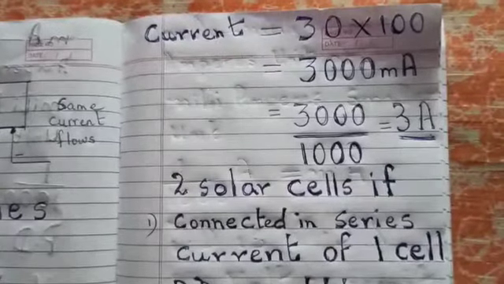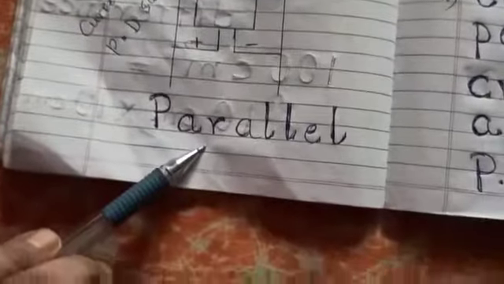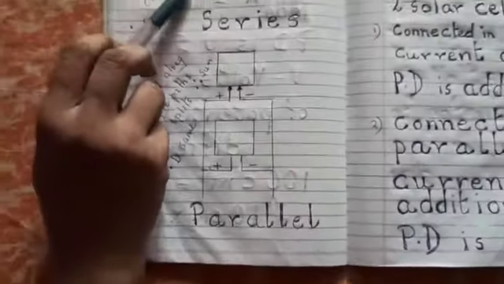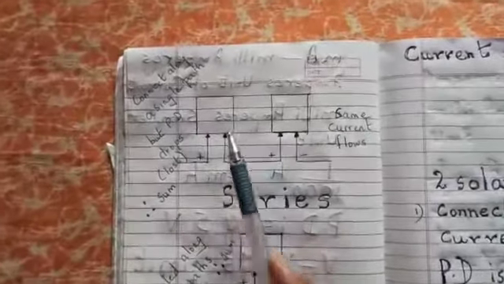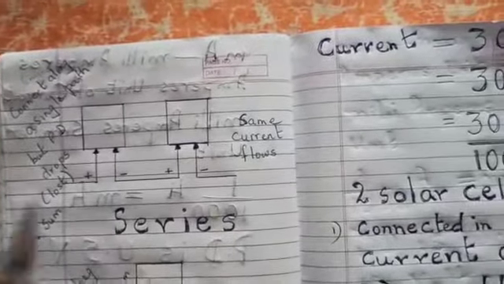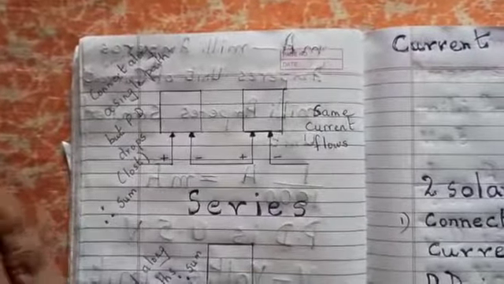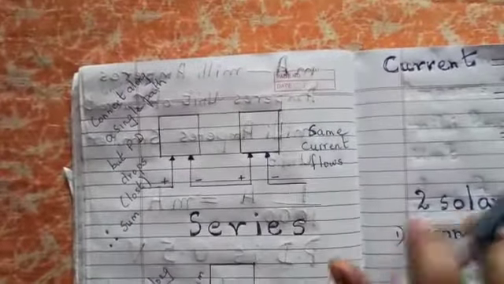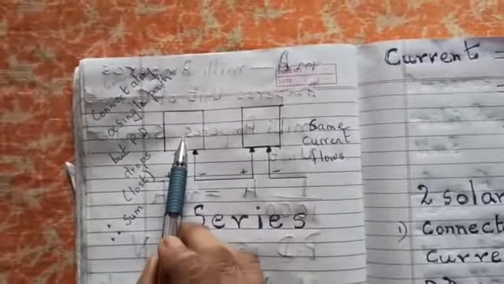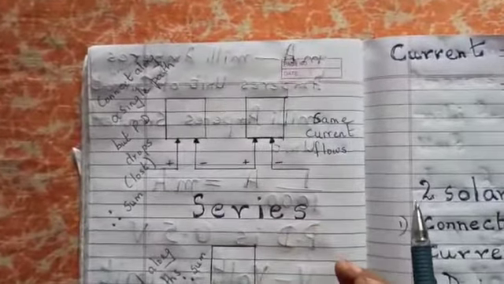Now for us to get what is required, we can either arrange the connection in series or in parallel. Now when we say series, they are connected along a single path, one after the other. Now remember, when the connection is in series, the same current flows, but as the current flows from this cell to this cell, the potential difference drops or is lost.